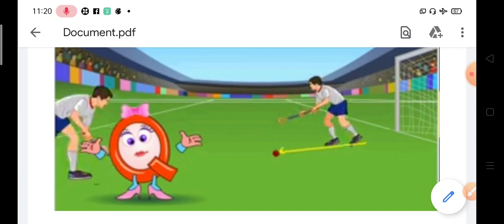So this type of attraction force is called electrostatic force, because the comb gets an electric charge, and this type of electricity is called static electricity. This electric charge attracts the hair and makes it stand. So we can say that electrostatic force is the type of force between electric charges. The next one is the magnetic force. You know about the magnet.